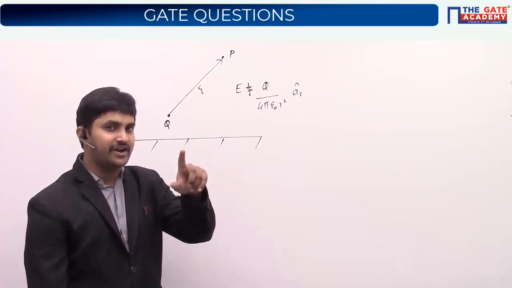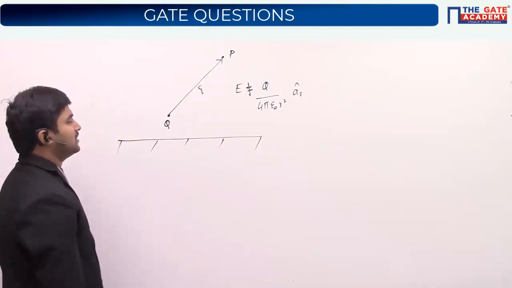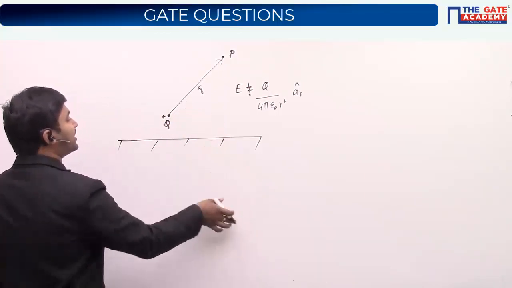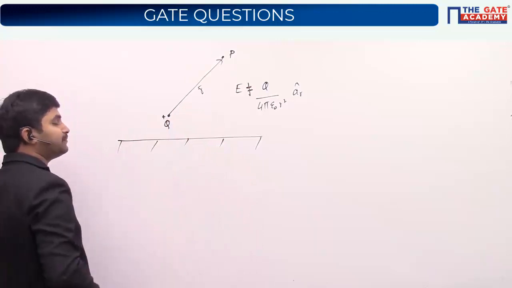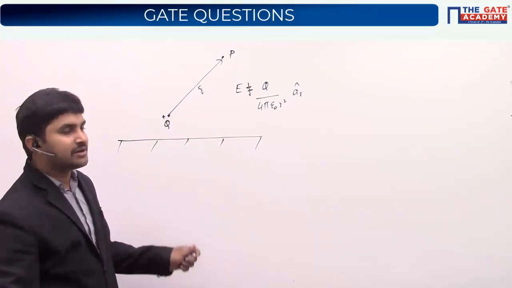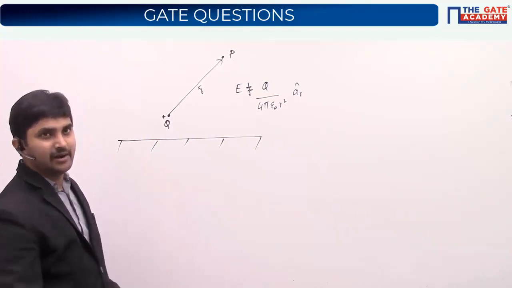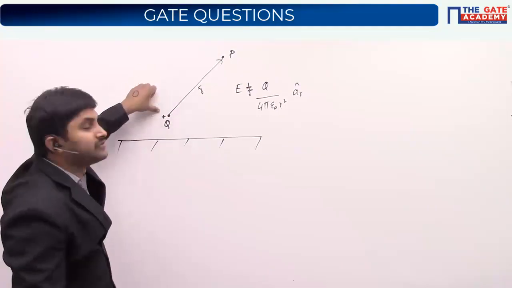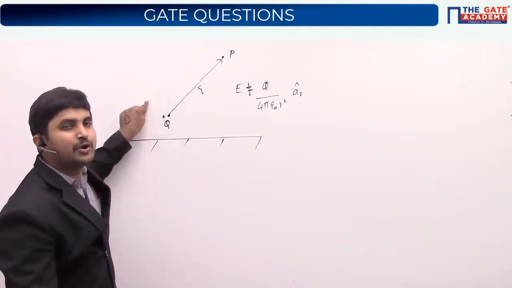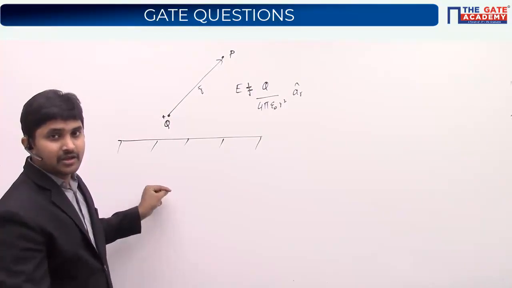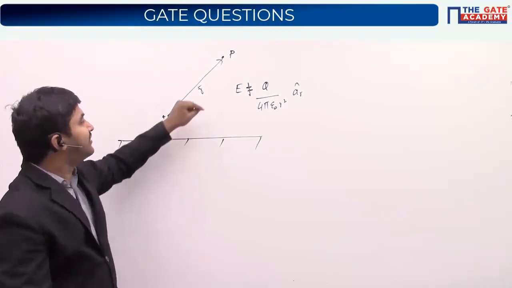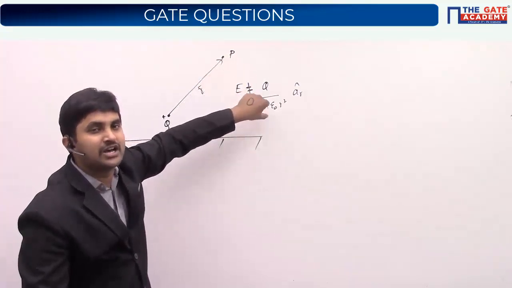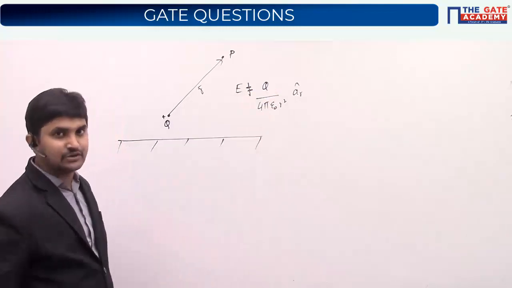We have seen this even in Faraday's experiment. So if you are keeping a positive charge here, some amount of negative charge will be induced inside this particular metallic material. Now you see, the electric field at this particular point is not only because of the positive charge you have kept here, but also because of the induced negative charge. That is the reason why the electric field value is not exactly equal to Q divided by 4 pi epsilon R square. It will have some extra value.